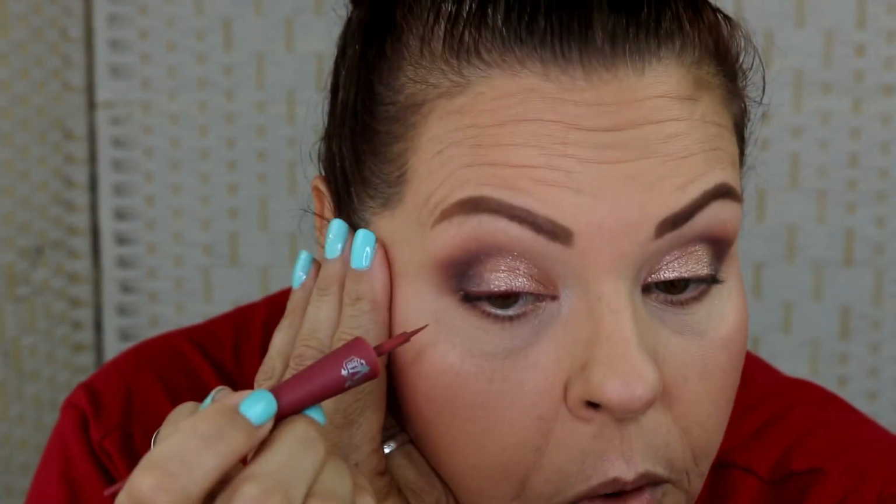Alright guys, that's it for the eyeshadow. I think you'll notice that... Here I go again. Here goes the wing. God help me. Guys, I'm struggling with the applicator, so I'm going to attempt...